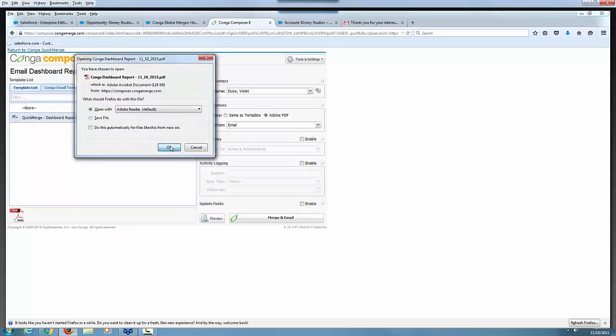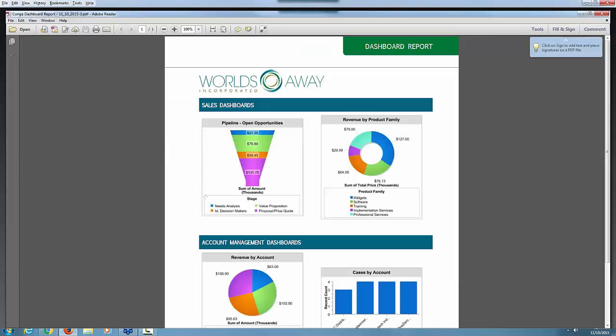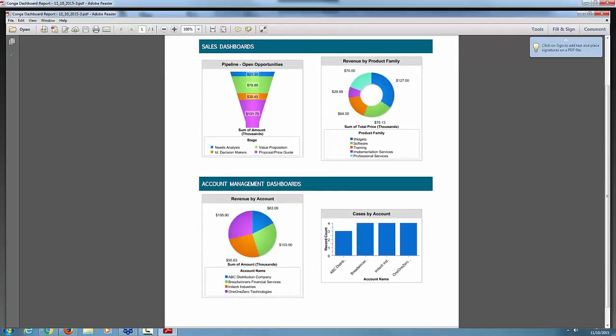Again, you could put this in background mode also, but in this case, I'm going to preview this in Adobe PDF. It's a Word document that we are merging and converting into PDF. And here are my now dashboards. So whatever dashboards are important to you. So in this case, a pipeline report, maybe a revenue of product family, cases, any information that is relevant and that you've created dashboards for before, I can go get those images. I can not only get the images, but also the data behind the images,